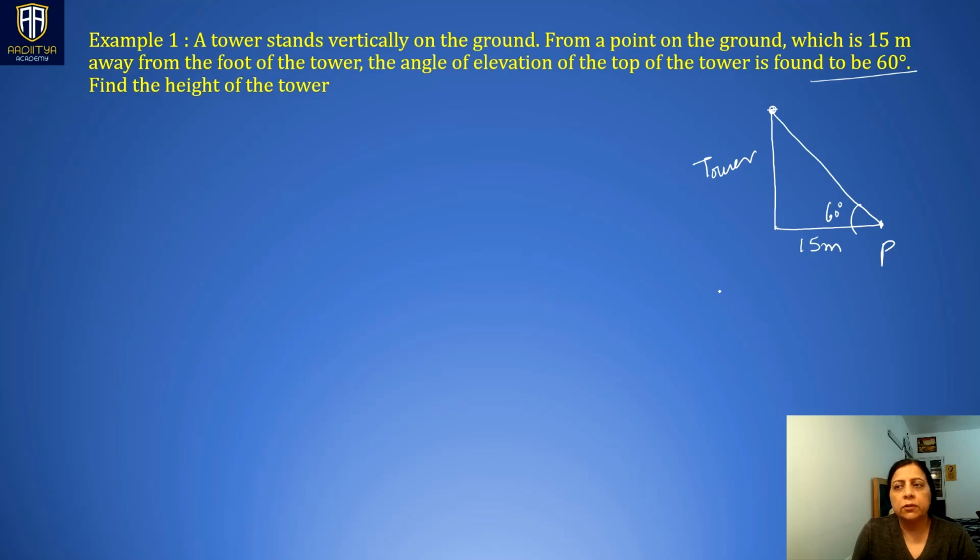The angle of elevation is found to be 60°, and we have to find the height of the tower, right? So this is the simplest question. In this, you have to simply find the height of the tower, and the given things are the angle of elevation and the distance of this point from the foot of the tower. So initially we have to write,